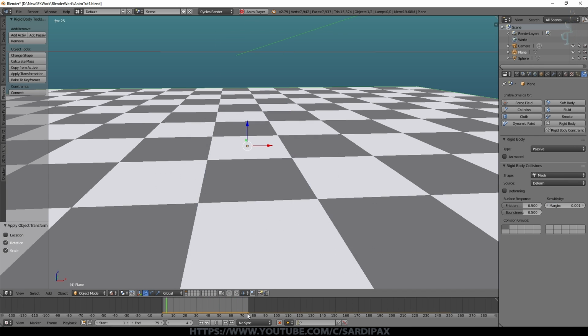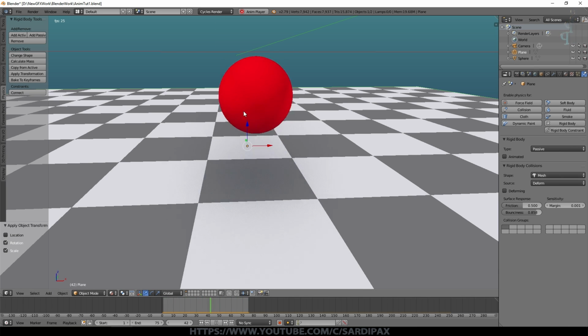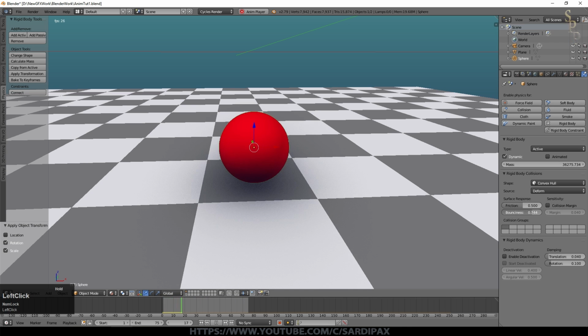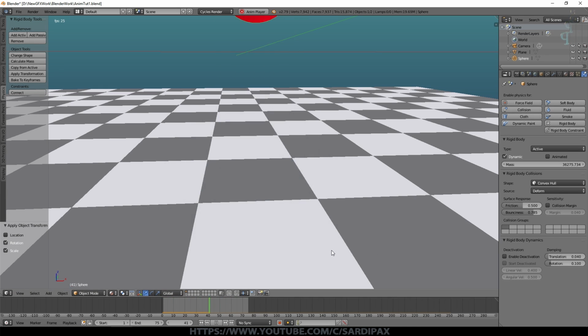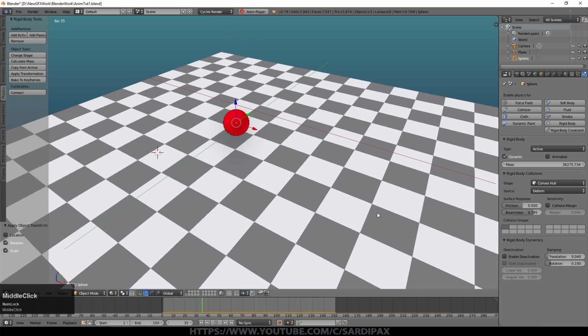So that's our basic ball. We can play with bounciness, we can turn it up a bit. So I've added more bounciness to the surface. And I can do the same with the ball. There we go. And let's turn the frames up a little bit there so we can see a little bit more. We're getting a nice little bounce simulation now. So all I've done is set up the physical parameters.